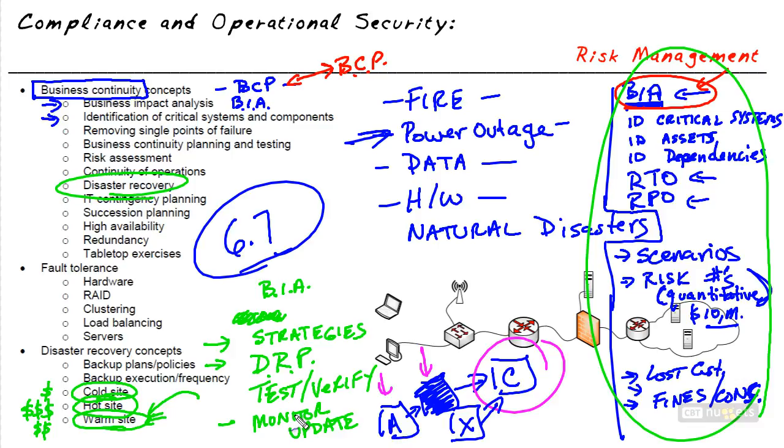But if we don't monitor and say, oh my goodness, we now need to change our disaster recovery procedure, because now we have this additional asset, X, this mission critical system that has to be compensated for as part of our disaster recovery plan. So we might have a review, for example, every 6 months or every year of our disaster recovery plan, just to make sure that it's solid. We would also want to do periodic testing and verification of our disaster recovery plan as well.